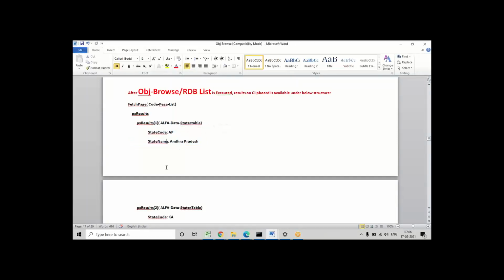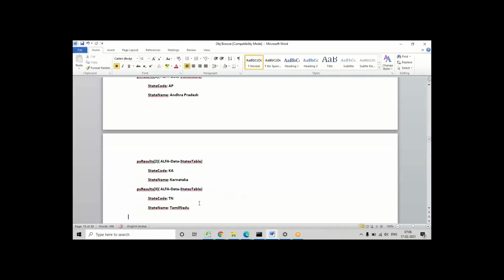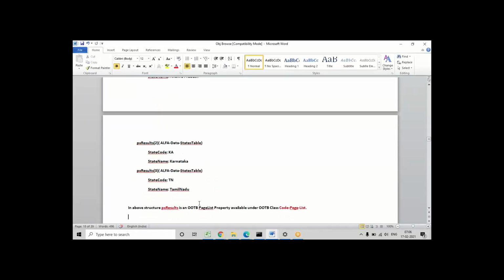Okay, like that, however many records you fetch, it will keep adding the index separately, and we can see the records in the data table. That is in the clipboard we can see. So finally, the results page here is nothing but